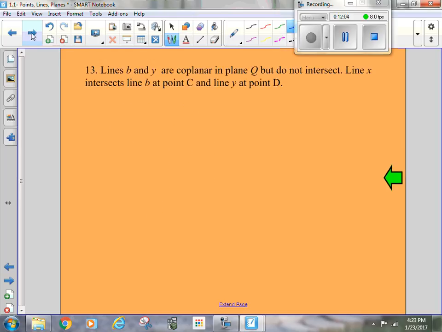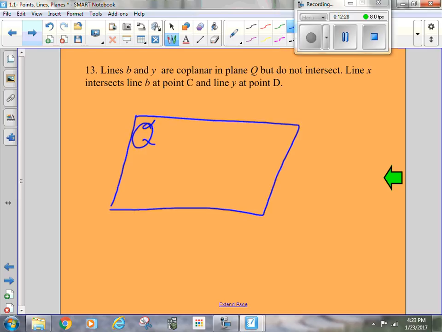So now lines B and Y are coplanar, so they lie on the same plane, plane Q, but they do not intersect. So that means that they are parallel. Line X intersects line B at point C and line Y at point D. So we have a plane Q,